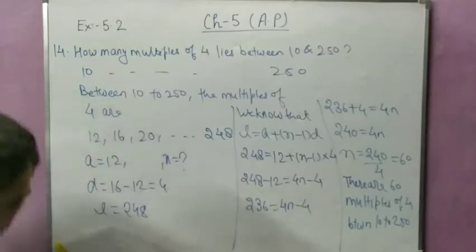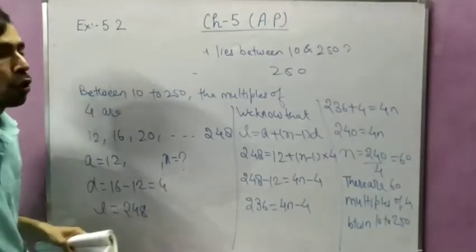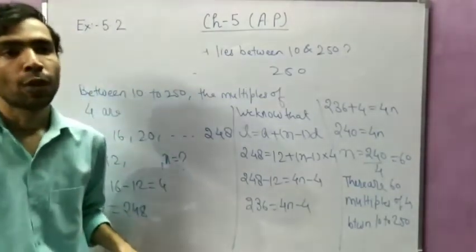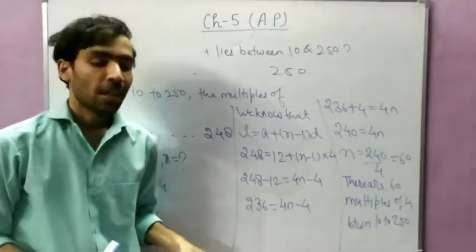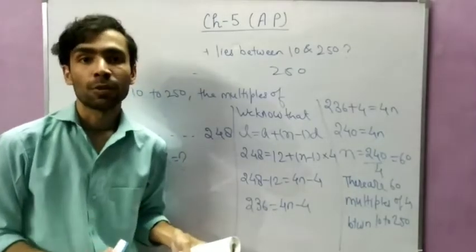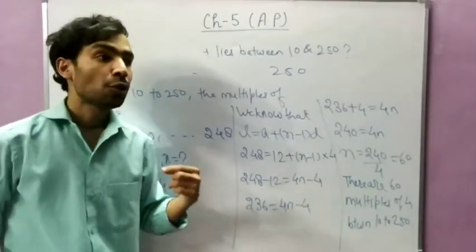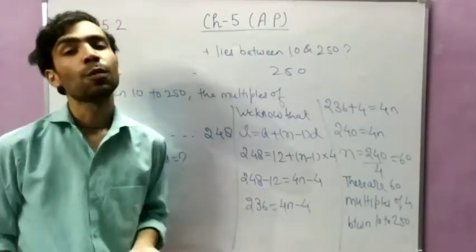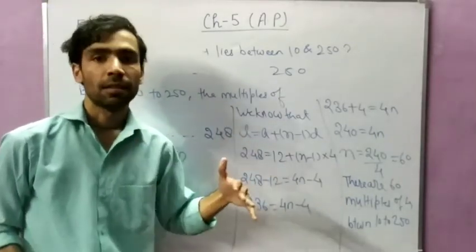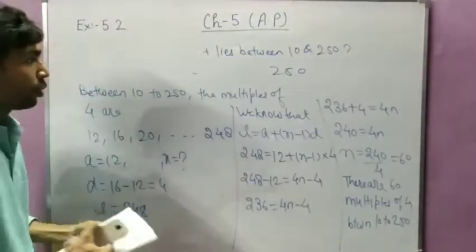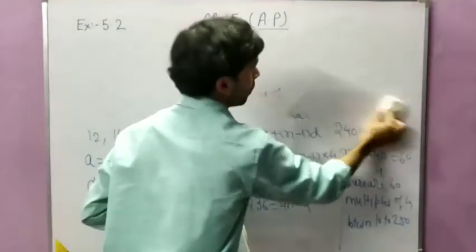Now the last question I will solve for you, that is question number 17. Students, I have checked your copies and I find that most of you are solving only those questions which I am solving. So try to solve the remaining questions. This much is not told in the class also. Out of 20 questions I am telling 13, 14, but I should tell only 5 to 6, and the remaining you have to do by yourself, but I am telling more. So whatever questions are left now, please don't skip them. Whatever question I tell you to solve, you have to solve, otherwise you will face problems.